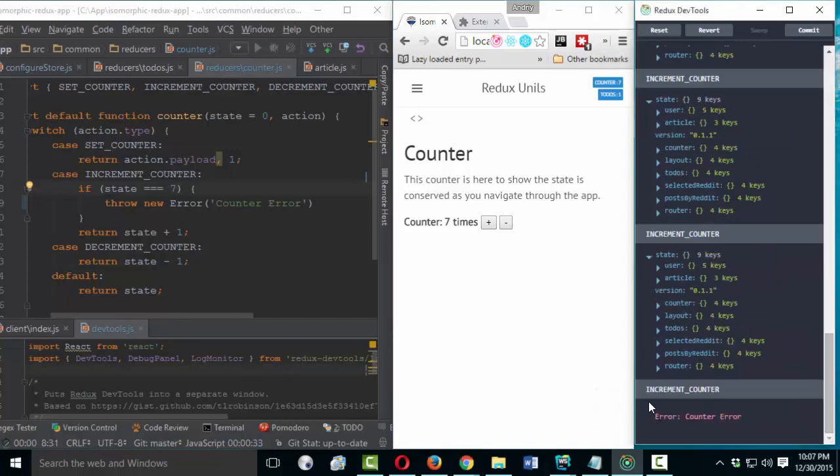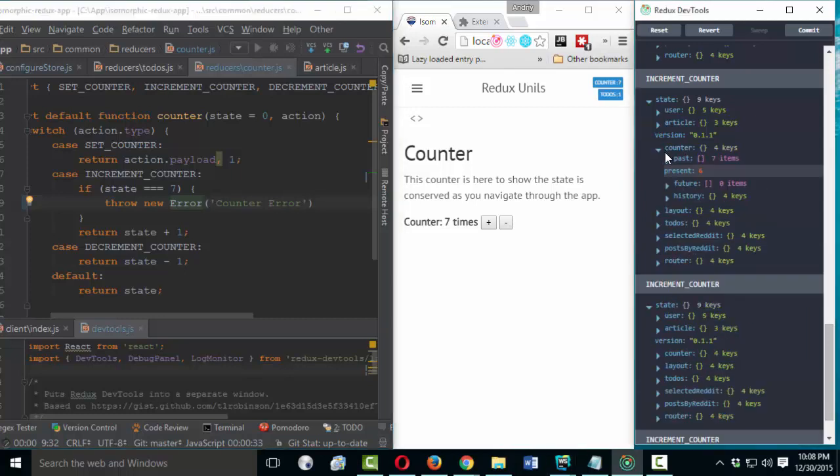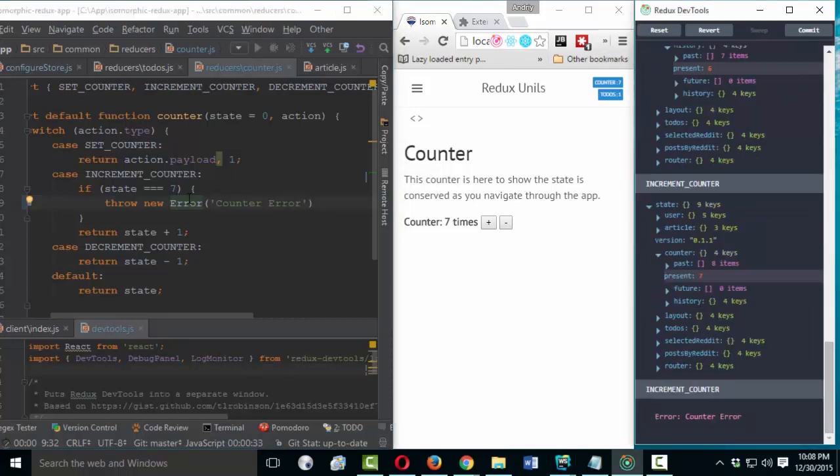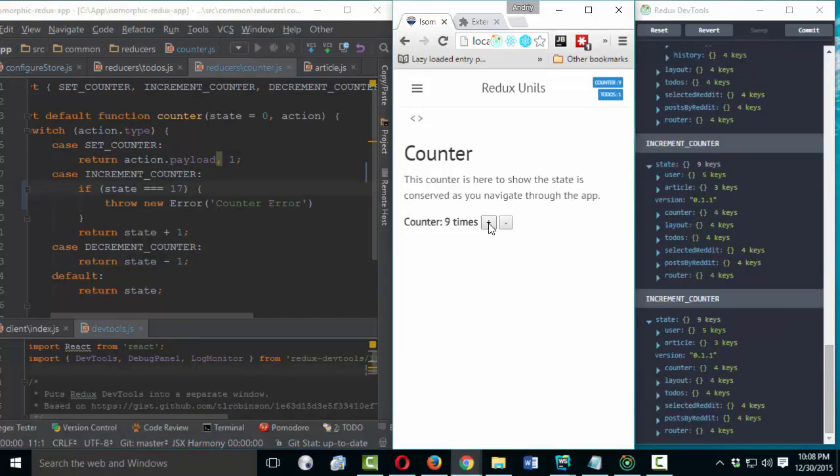I have a notification on my action increment counter. I have my previous state for counter. I would like to open it, and if I change it to 17, I don't need to reload the page and click, and my arrow has disappeared.